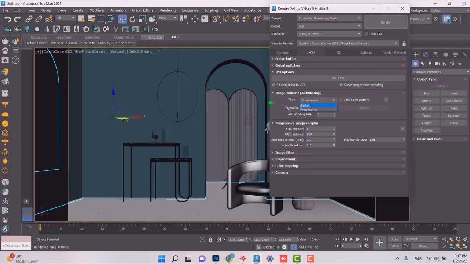So I'm going to put it on bucket for now, and what is going to happen after I take a render is that after a couple of passes have been completed, we're going to start seeing the final image one bucket at a time. So it's going to complete the final image and show us pieces of the final render through these buckets. Okay, so with the bucket method chosen, the square or the bucket is a unit through which we're going to see pieces of our final render.